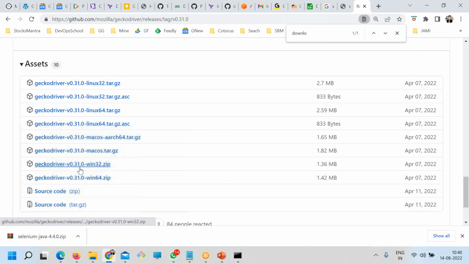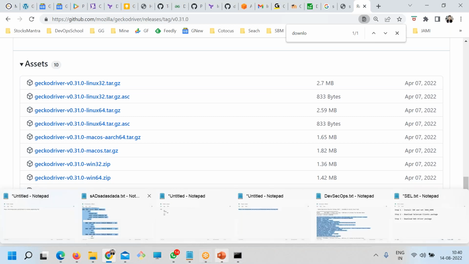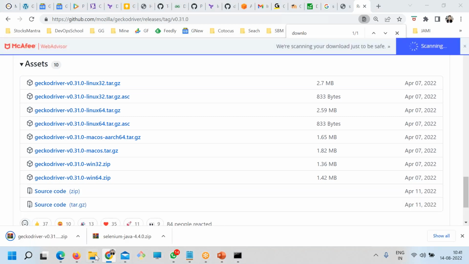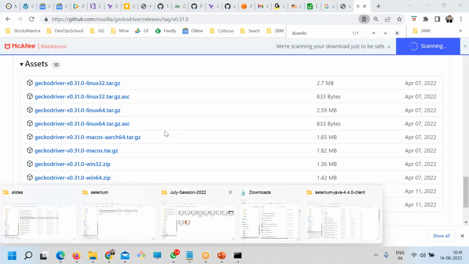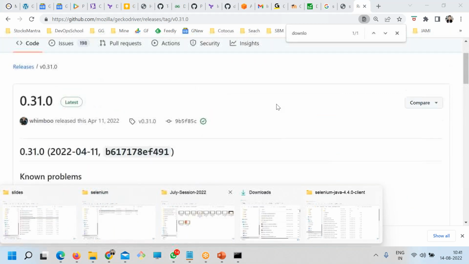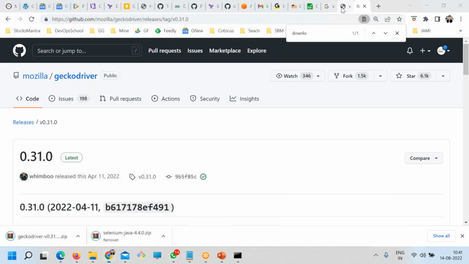It's here. So this is a Linux, Mac and Windows. So I have a Windows 64-bit. This I'll download. Okay, so what am I doing this for? This is I'm doing for Firefox, Mozilla Firefox. Now I need to download for